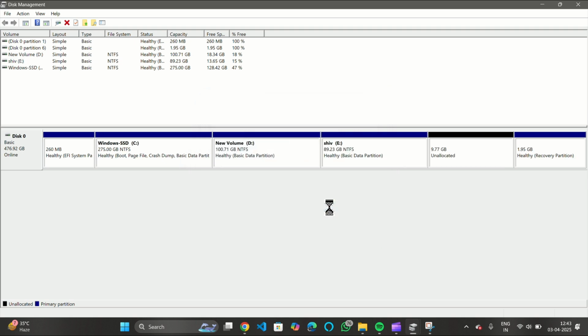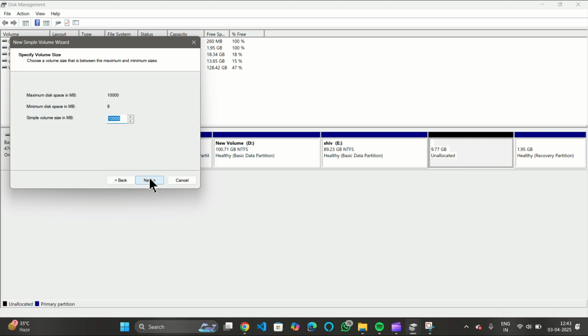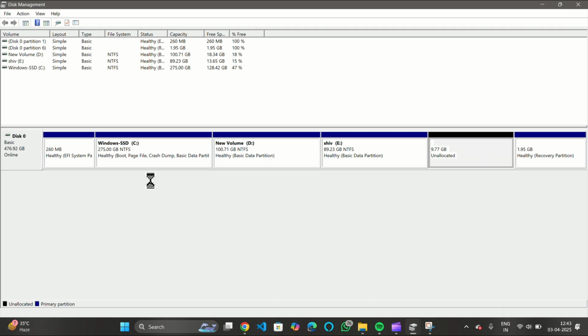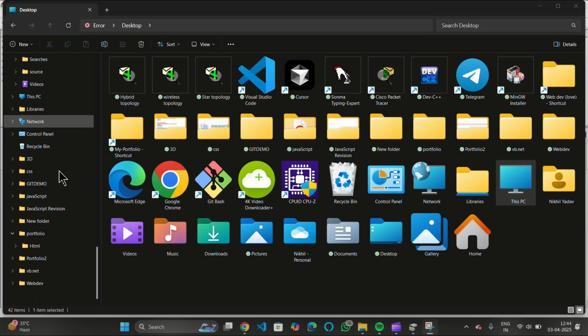After shrinking, right click on the newly unallocated space and select New Simple Volume and click Next, then Next again, and now type K as the new partition name. You can choose any name except C as it is already the system's default drive, and click Next, then Next, and finally Finish. After formatting, the new volume is created successfully, and in the next video we will learn how